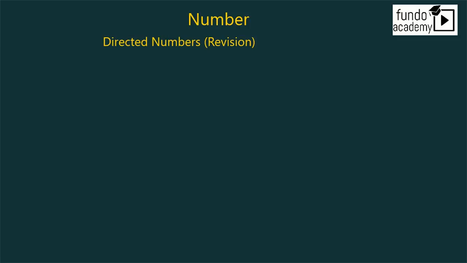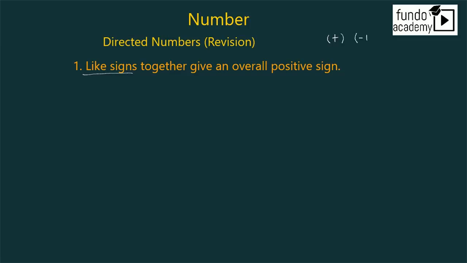So I have two things here that I just want to talk to you about. The first one is that we need to know that like signs together give an overall positive sign. Remember we've got two types of signs, the positive and the negative sign, right? When we are saying like signs, we're talking about signs that are the same. So a positive and a positive sign, or a negative and a negative sign. These are what we call like signs. When we have like signs, they are going to give us a positive sign whenever they are in contact,